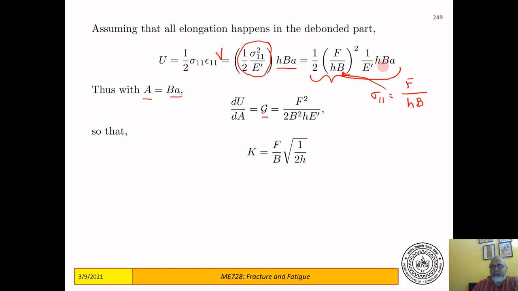You just take a derivative with respect to b times a, and then using the fact that G is equal to K square by E prime for a plane strain case, we get a K of this form. But this step to this step is not really feasible,